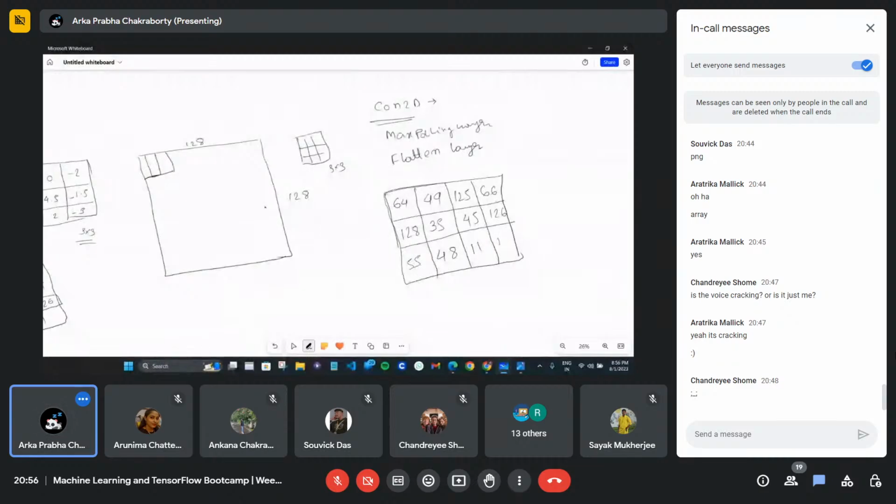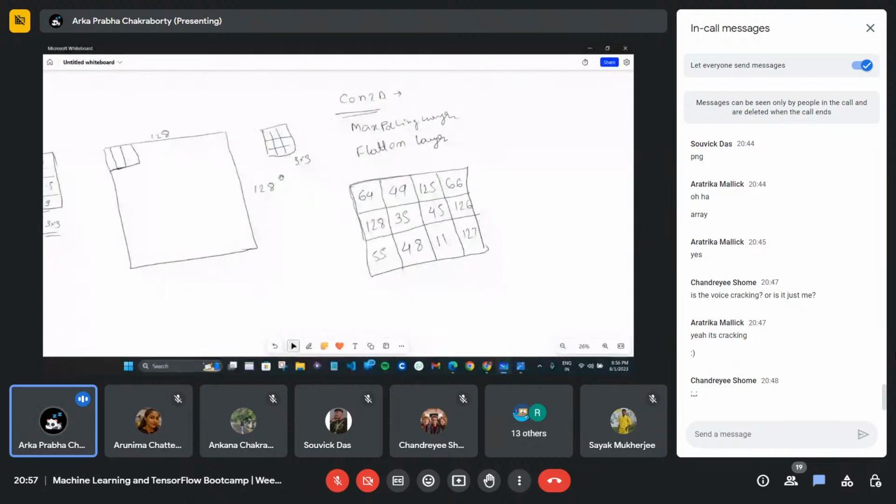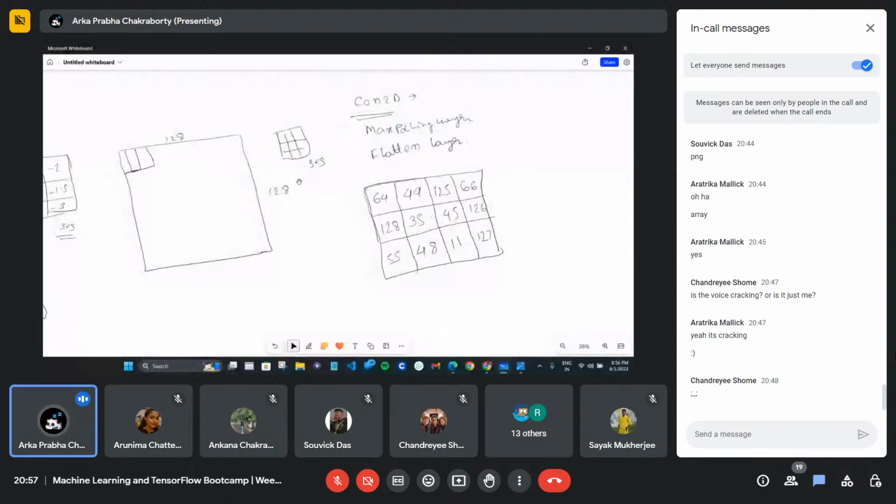See, we have 128 pixels in height and 128 pixels in width, right? So this will extract all the features from the image. What do the features look like?